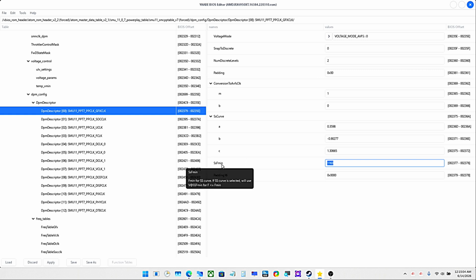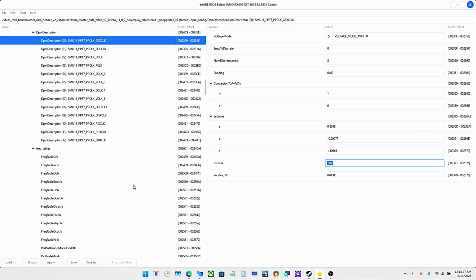What is that? F min for SS curve. This is spread spectrum curve. If the spread spectrum curve is selected, we'll use voltage at spread spectrum F min for F min. Okay, well, 0. Anyway,